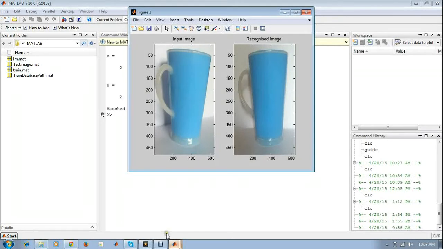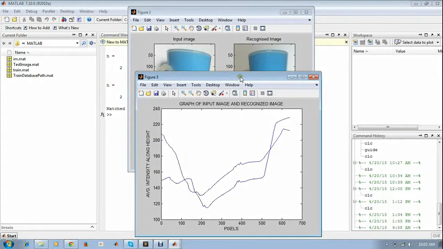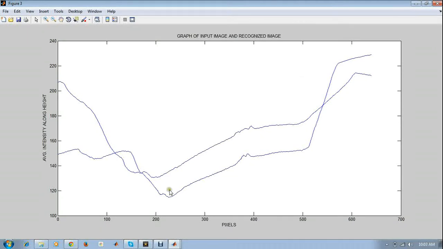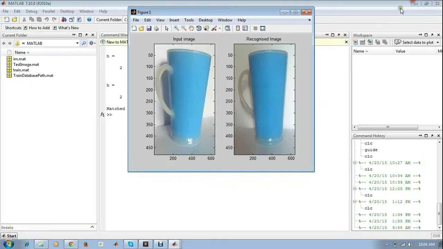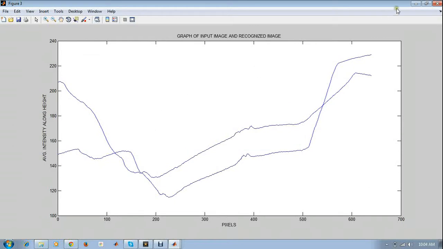We had drawn a graph too, taking pixels on the x-axis and intensity along the y-axis. The graph is similar in both directions, so we can say the output is very efficient. As the images are different, we should get a different related graph.